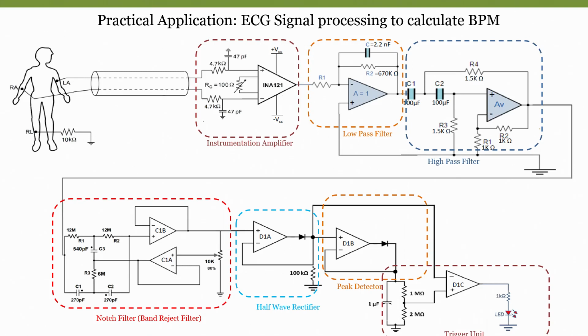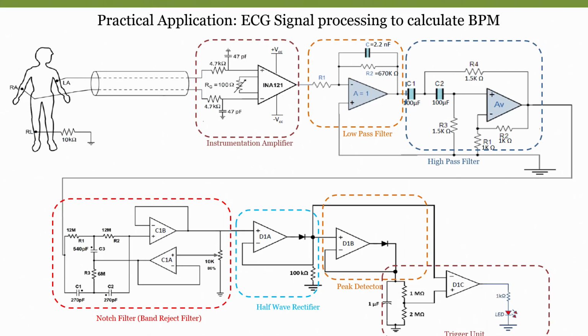Now, let us see how we can perform an experiment in real time to show how the ECG electrodes are placed and how the beats per minute is calculated. For that, I will request my TA to conduct this experiment and show how we can use the things that we have learned in the theory in real time. If you see the slide that I am talking about, this is the slide that we discussed in the previous module.